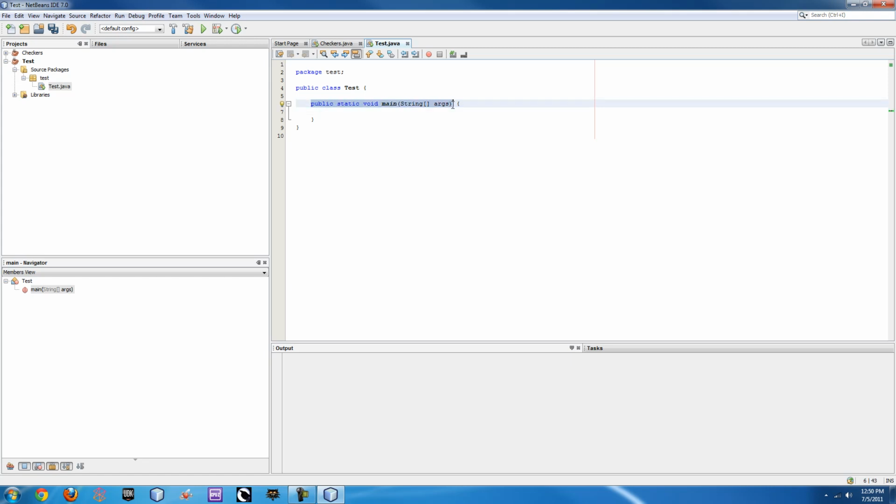It's called public static void main, String open close brackets args. You'll get really used to seeing that. It's just this one is the main thing. So right up here, if you hit run, it runs whatever is in this main method. So right off the bat, we can make a hello world Java application in a few seconds. So what you need to do is just type in